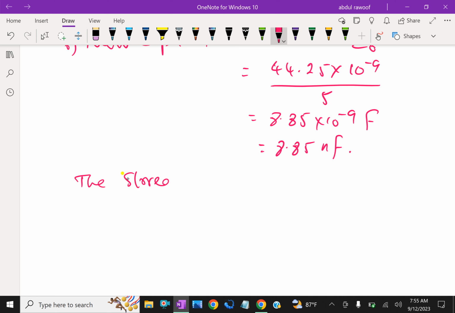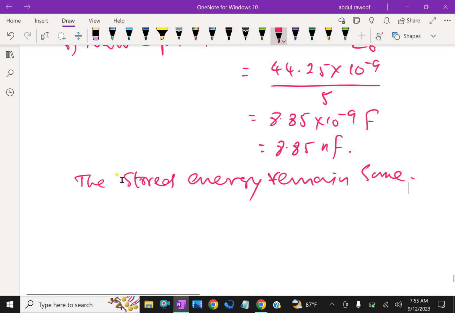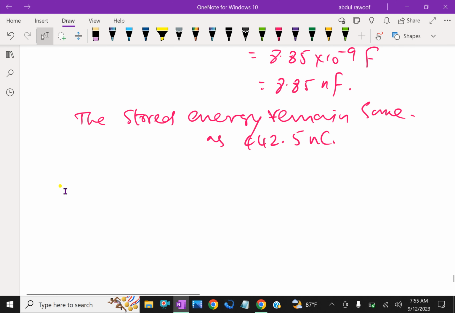The charge remains the same, 442.5 nanocoulomb. Hence, the newly stored energy is U0. Q remains the same, so U0 equals Q squared over 2C0,